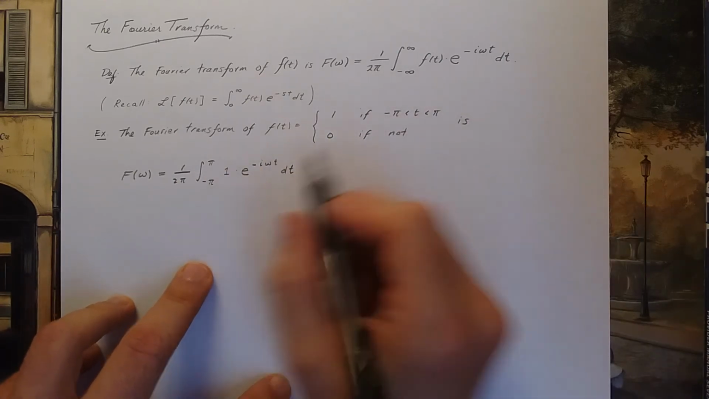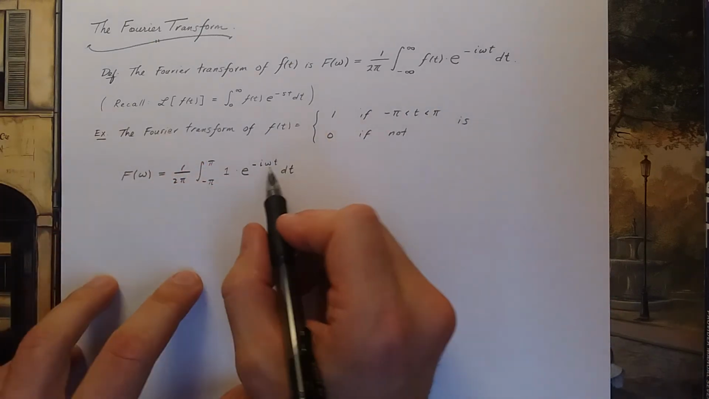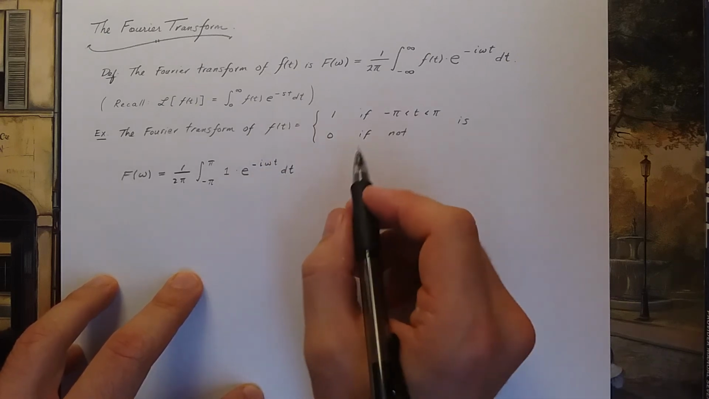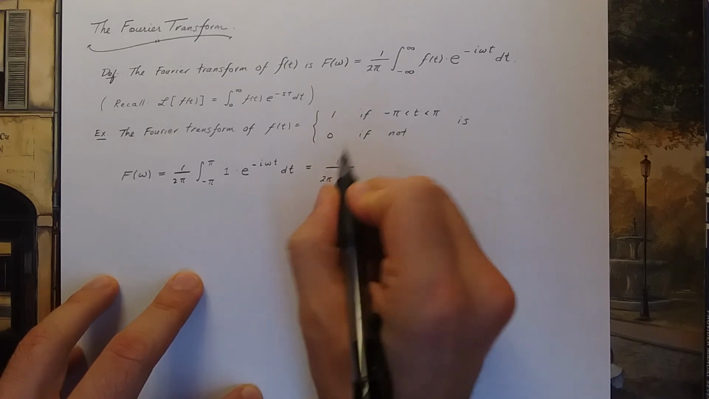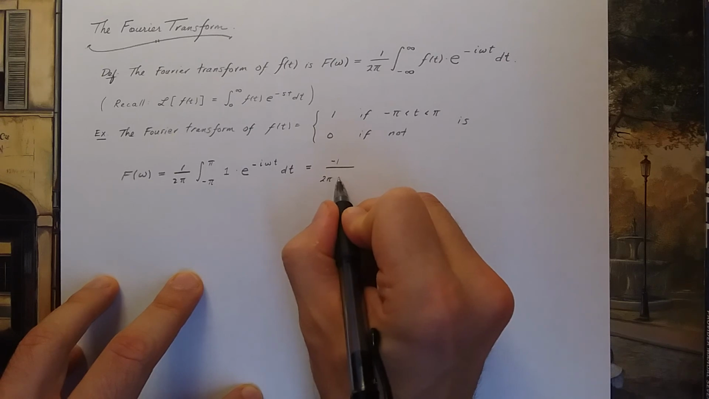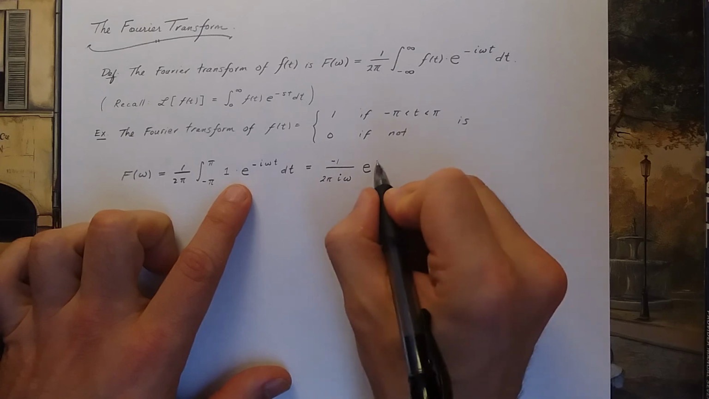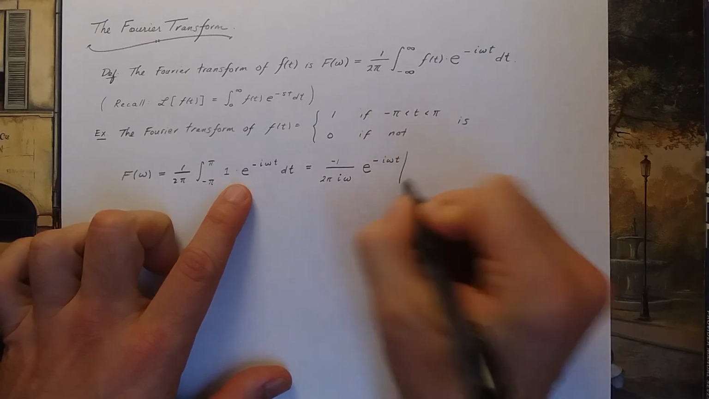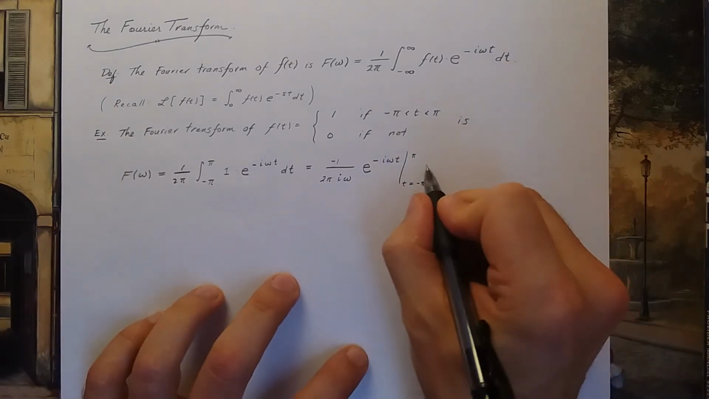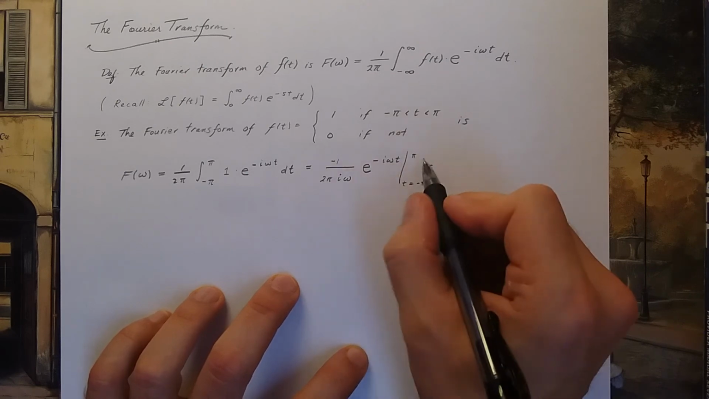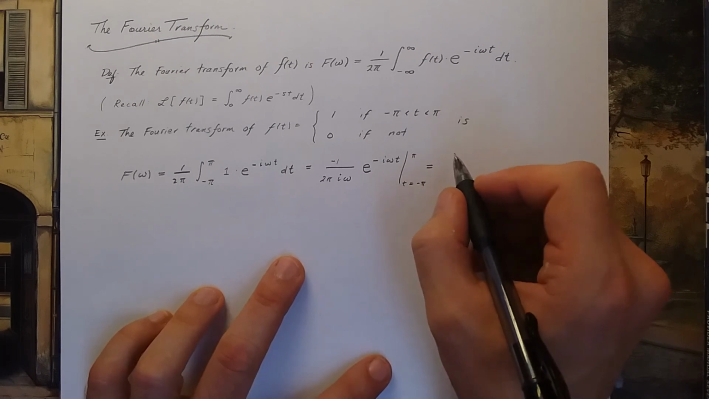Now there are a couple of ways to do this integral. You could expand this using Euler's identity, or you could just integrate the exponential function directly. Why don't we do that? So this will be 1 over 2 pi times an extra 1 over negative i omega times e to the negative i omega t evaluated at t equals negative pi and pi. So you can plug in pi, you can subtract, you can plug in negative pi for t, and I think what you'll find is